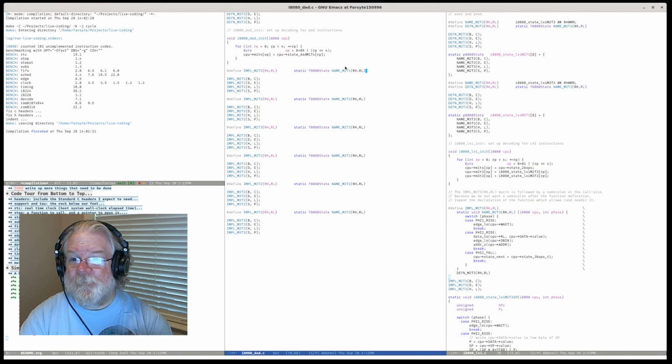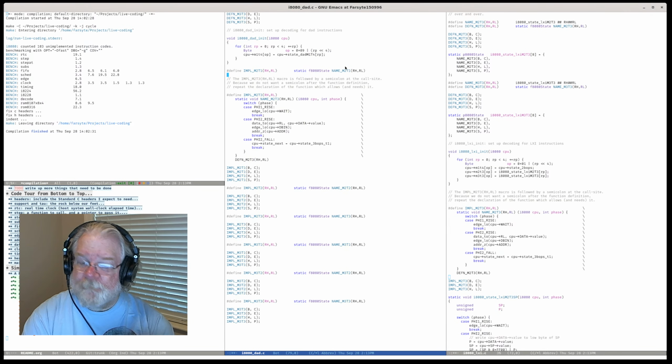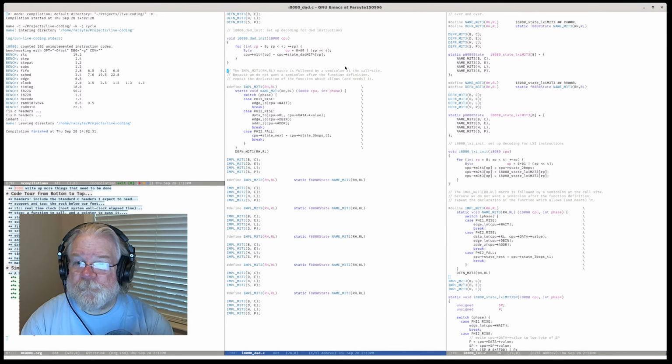So M2T1. So focusing just on M2T1, hold on.